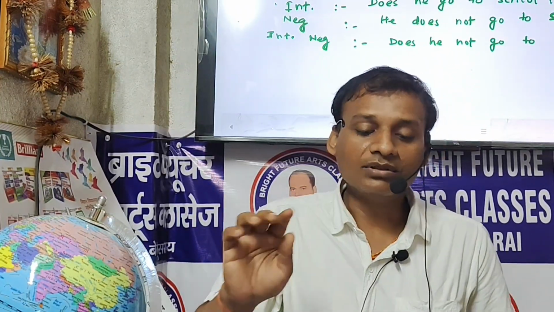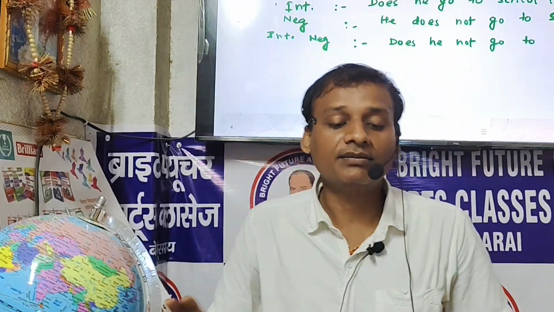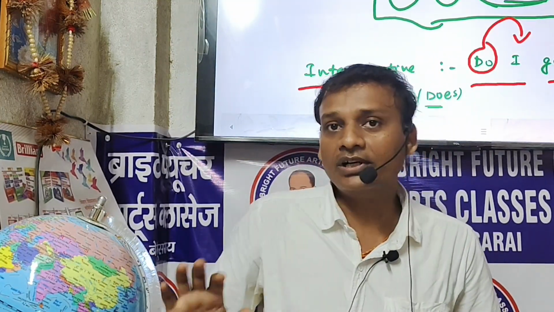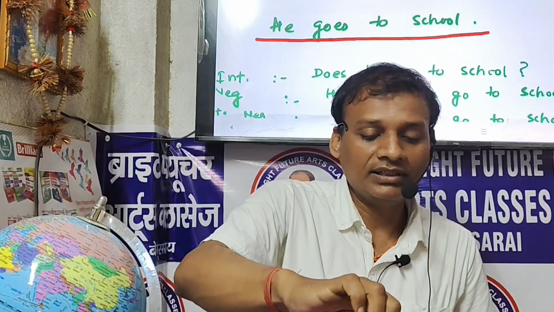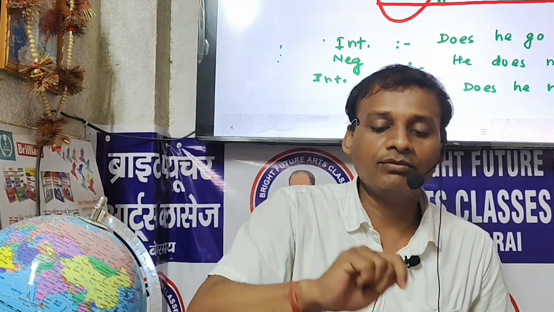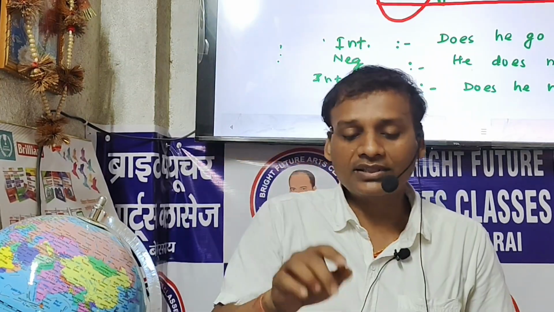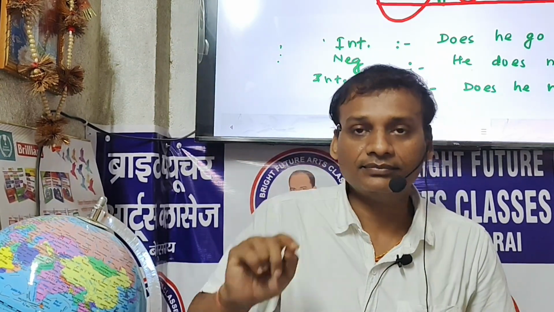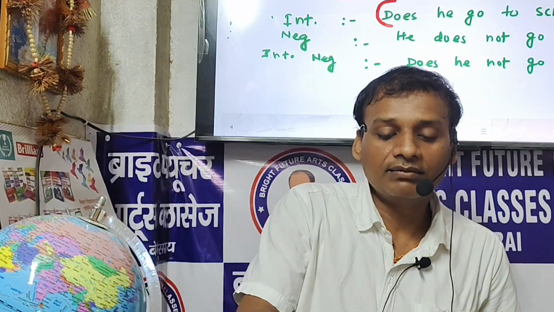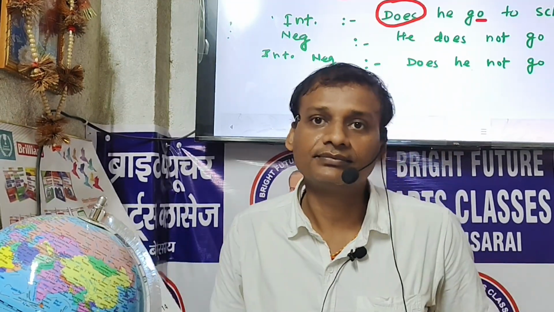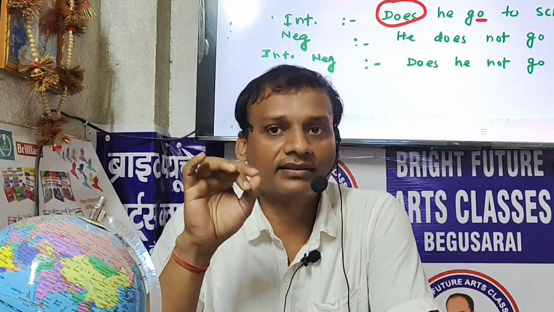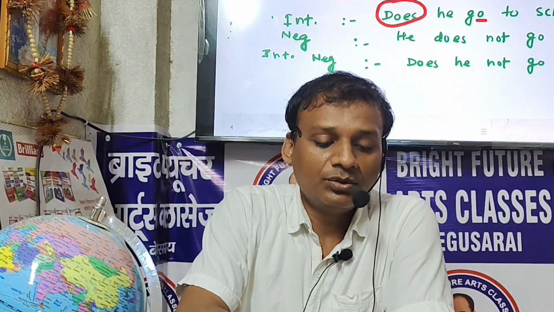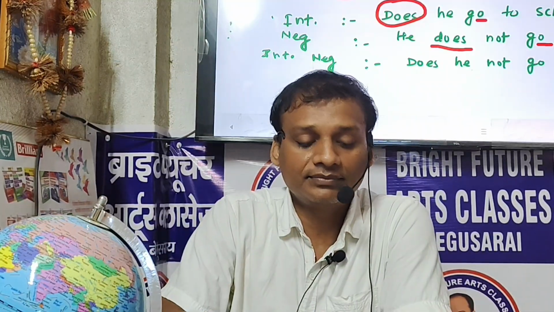Now the next part is what? He goes to a school. Why have I taken this? The reason was very simple. I have used it as plural, and therefore I have used here he. He is what? H-E, singular. For this, notice one thing. There is S-E-S. But if you use do or does, what is happening with this? See, it is removed. Clear? So if you use do or does, remove that S-E-S. You have used do or does, S-E-S is removed.